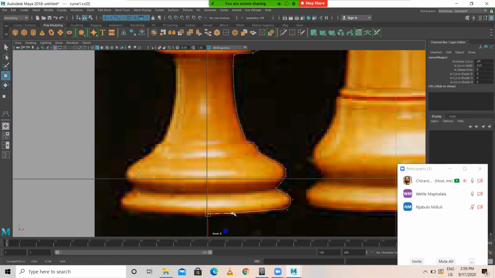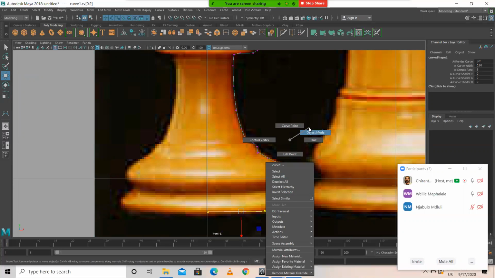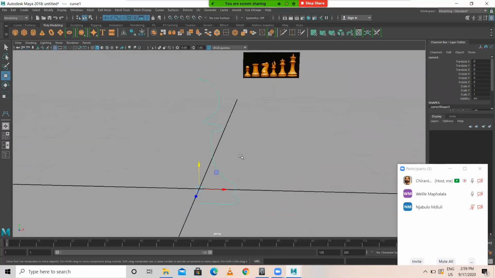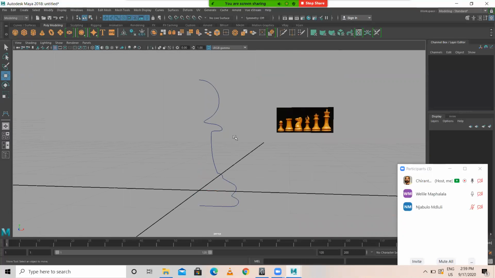X, snap to grid. Okay, so we created a curve like this. Any doubts? No, sir. Understood up to here?